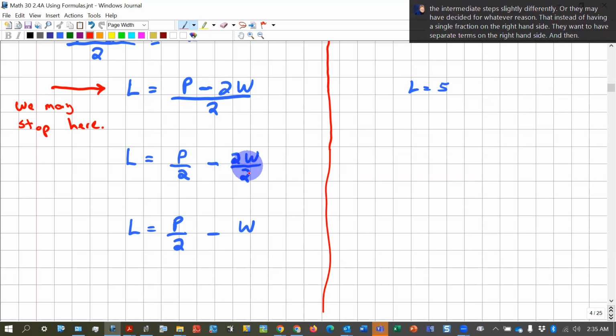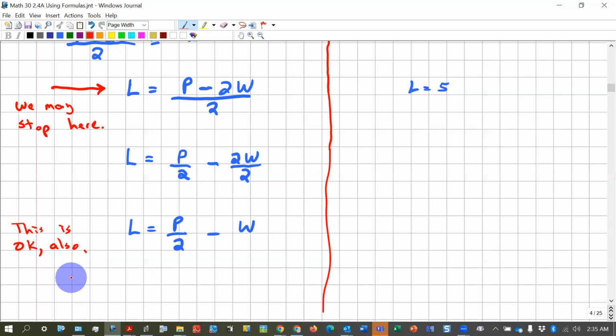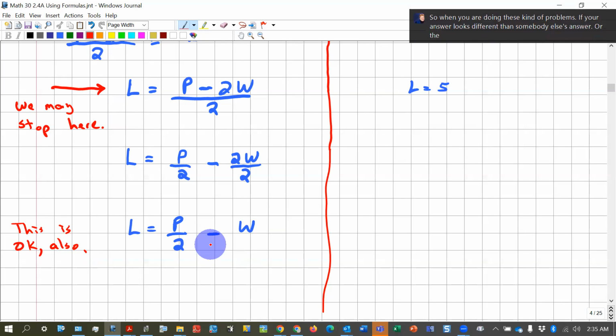And then they noticed that in the second term, the 2's were a common factor. So when you are doing these kind of problems, if your answer looks different than somebody else's answer, or the answer in the back of the book,